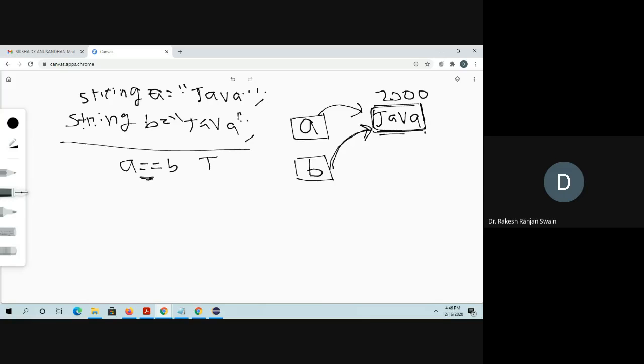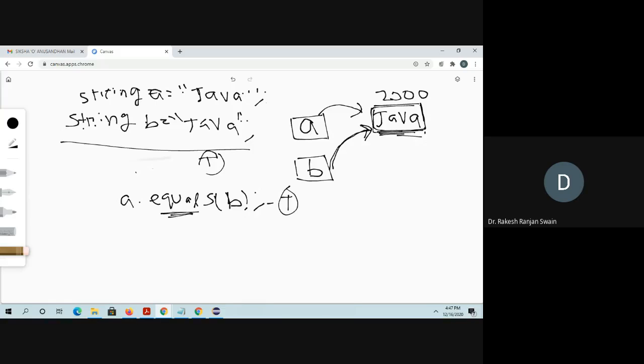Then if I am checking the A equals method and pass B, using the equals method it will check the contents. The content is the same, it does not care about the memory, so again it is true. So in both cases it is true and true.